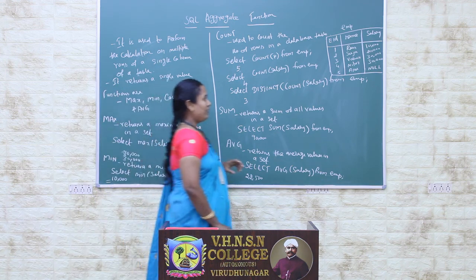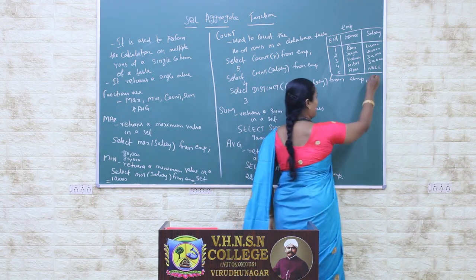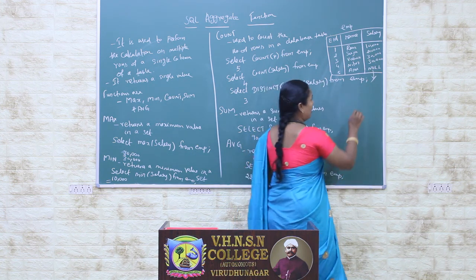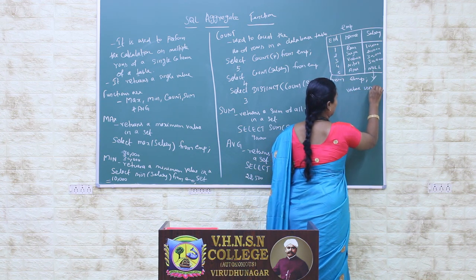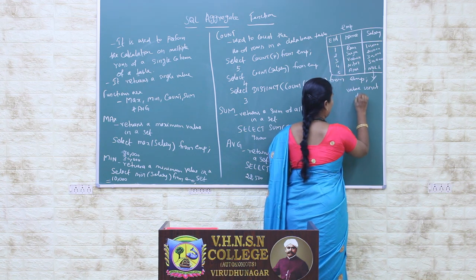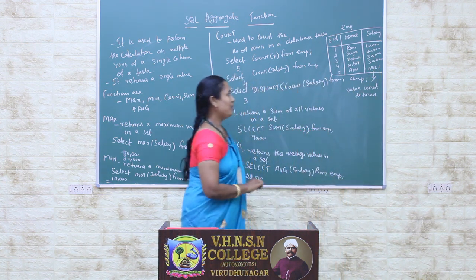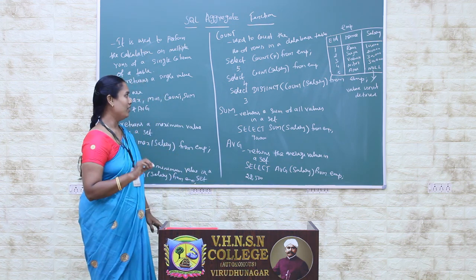Can you see the difference in only one column in this salary table? I mention here that null is not a 0. The value is not defined. That is only mentioned in the null column. We have not simply said it is 0. The value is not defined, so it is mentioned as a null value.